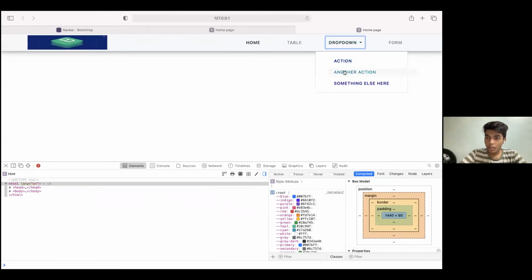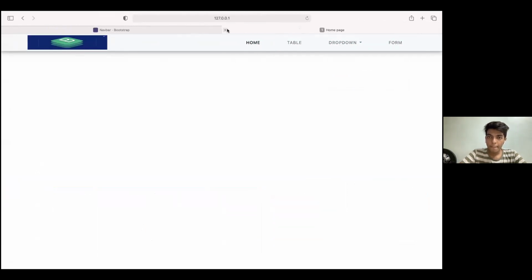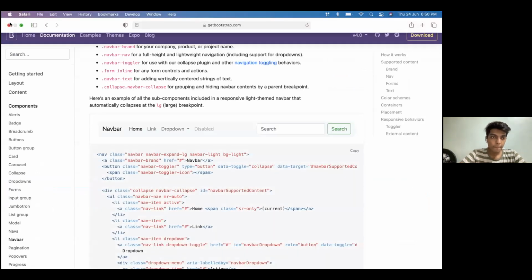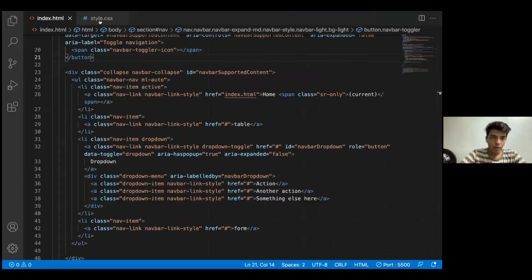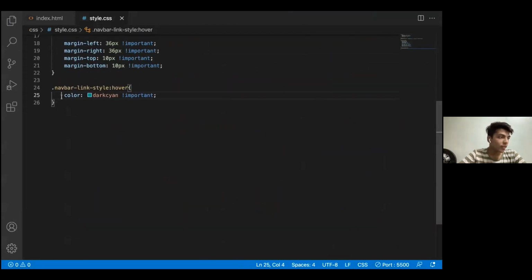Don't worry about the part where it gets out of the drop down box. We'll be fixing that. Just look at the color part now, that when I place in the color, it hovers. When I hover over the part, the color changes. Okay, so now we'll be fixing up that drop down part.